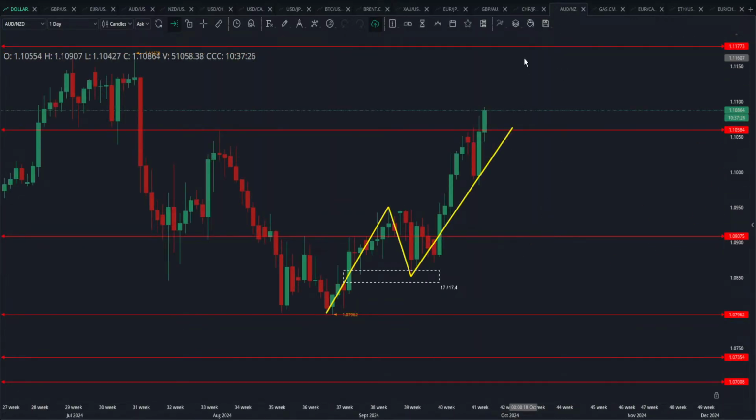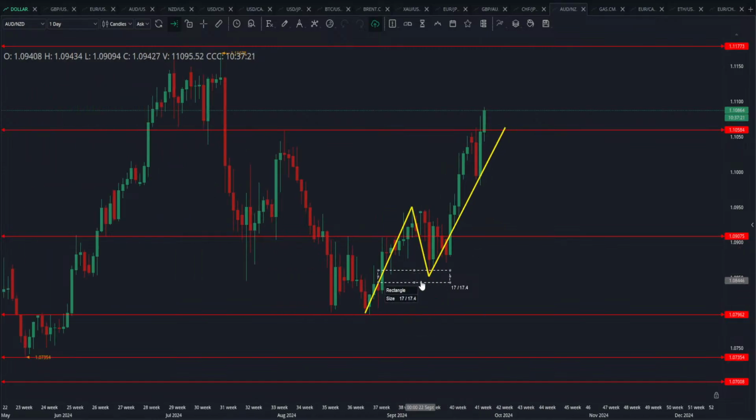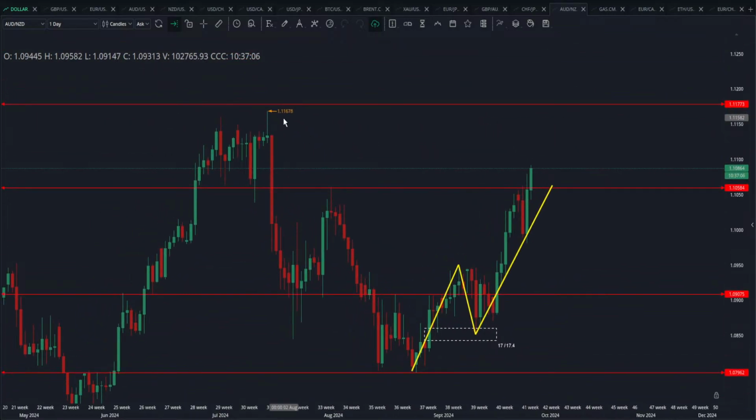What about the Aussie New Zealand? We are looking for 1.1058 is what we were looking for actually when I was looking at this fair value gap. After trading this, boom, created another fair value gap, traded that fair value gap, boom. Has no fair value gap here, but still I'm looking for this liquidity, these highs to be taken. 1.1167 now. Okay.